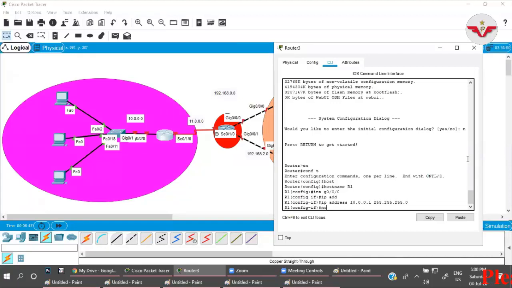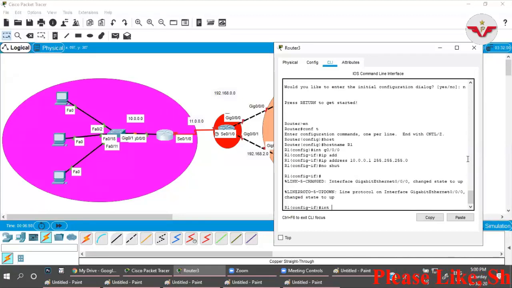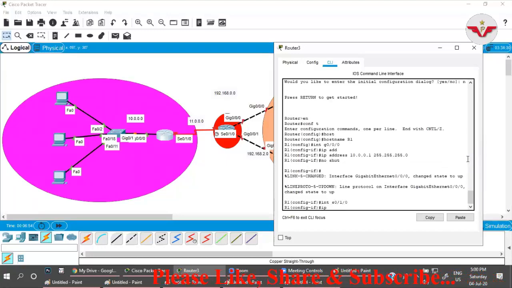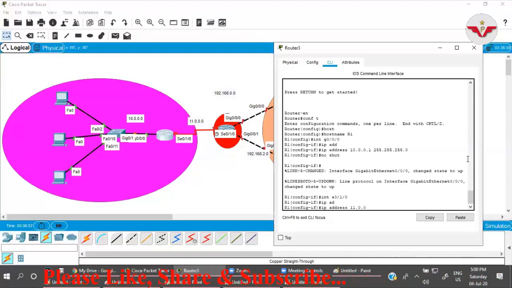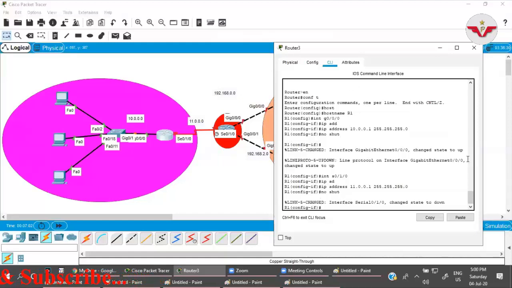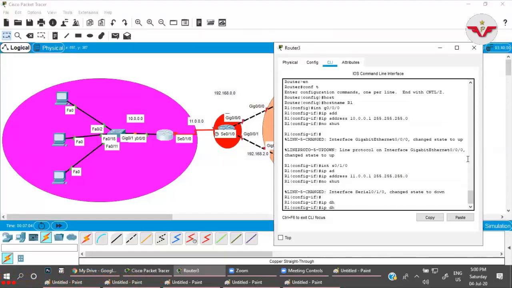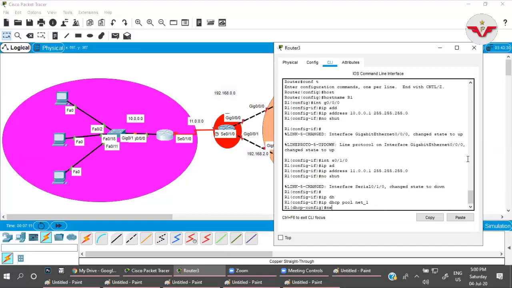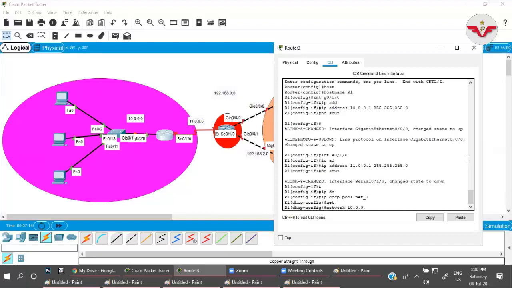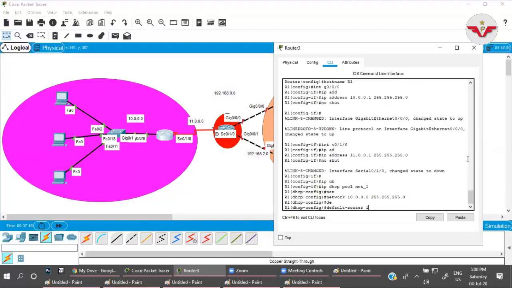No shut. Interface serial 0/1/0, IP address 11.0.0.1. No shut. Okay. IP dhcp pool network 1, network 10.0.0.0, default router will be 10.0.0.1.